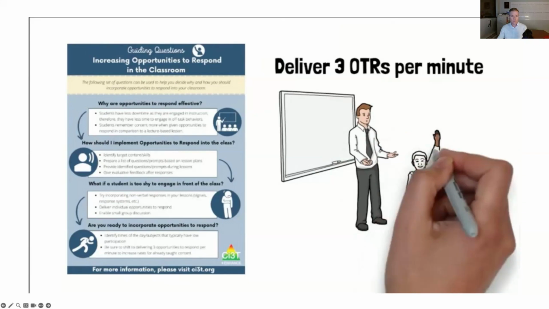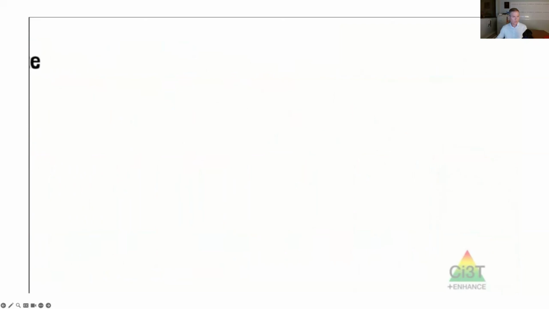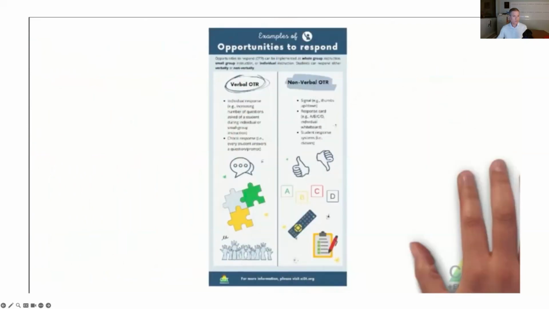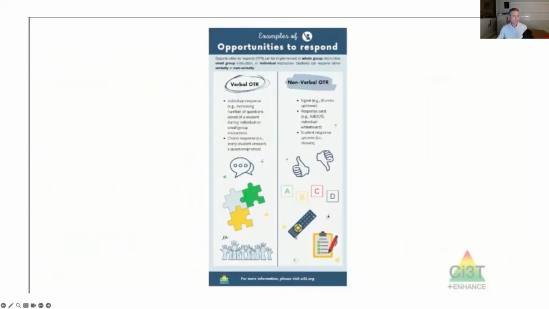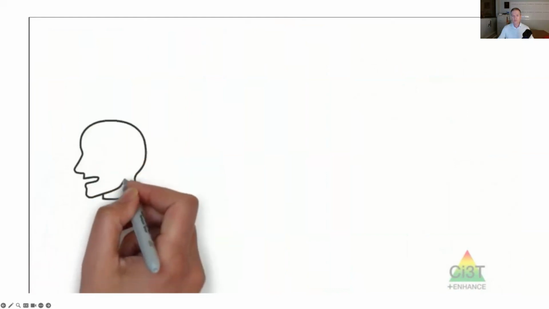Given the quicker pace, this strategy will be most successful if the material or concepts have already been taught, such that students have a basic understanding and can fully engage with the material. Students can be provided with opportunities to respond either verbally or non-verbally, and individually or in unison. In the classroom, verbal responding is probably most familiar to us.